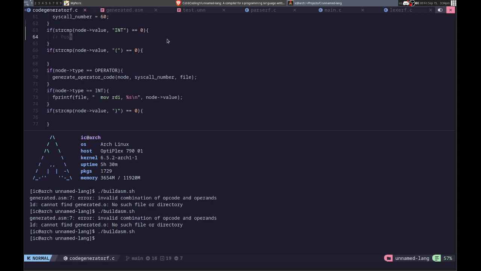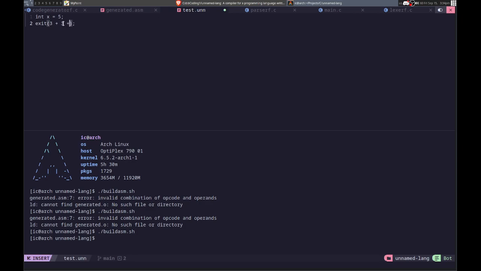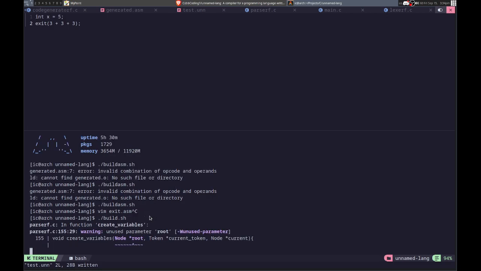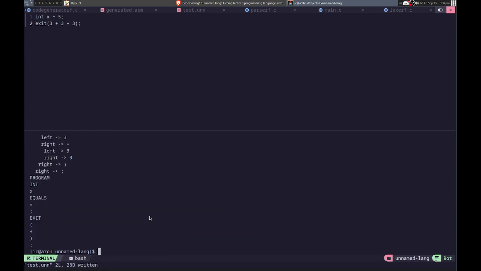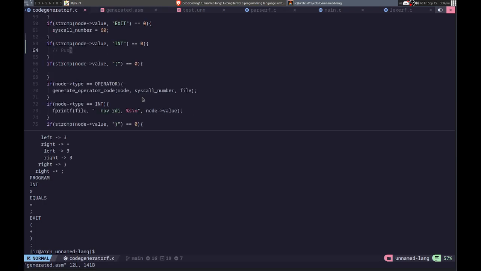So the add is still broken. Thought I tested it, but alright, then it works with that. Okay, so that is a problem. If we just have a single integer, it doesn't work properly. Alright, I think what we can do actually is